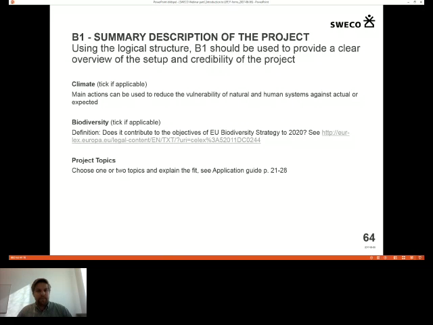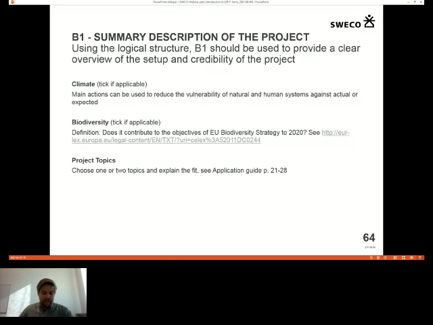So not a bad thing to invest some time into looking into, but what are then the definitions of a climate and biodiversity related project? Climate related projects need to show that the main actions of the projects are used to reduce the vulnerability of both human and natural ecosystems against actual or expected problems, basically. So as you see, this is very broad. Usually, one example of what we put in there is if the project has any ambitions of increasing energy efficiency in any way. For example, if you have wood waste from your project and you start selling that to your local district heating station, that could imply some energy efficiency potential, some transfer to alternative fuels, and thus a